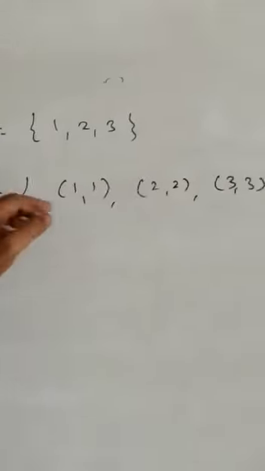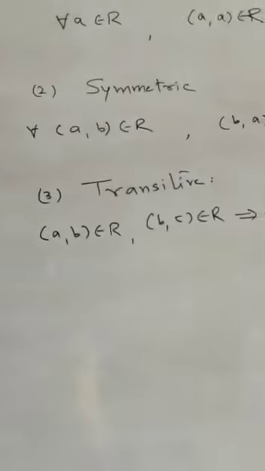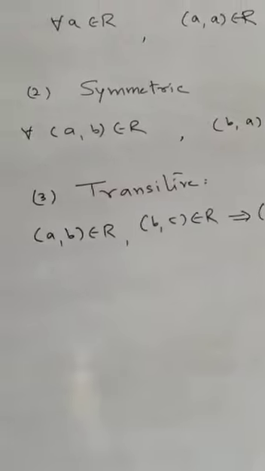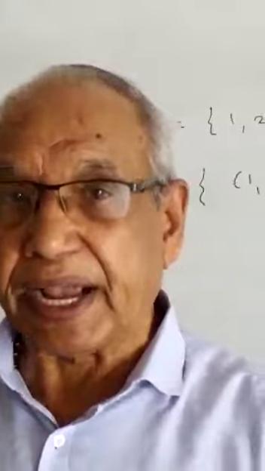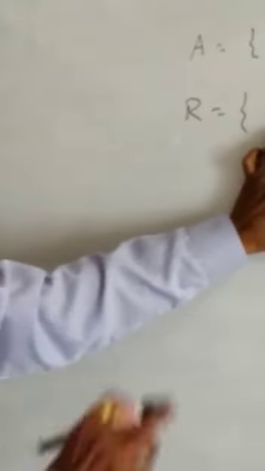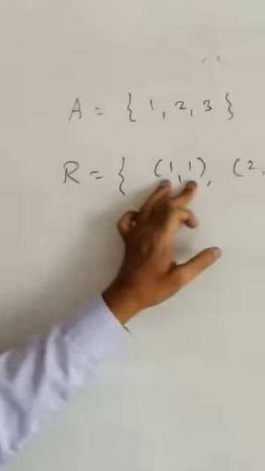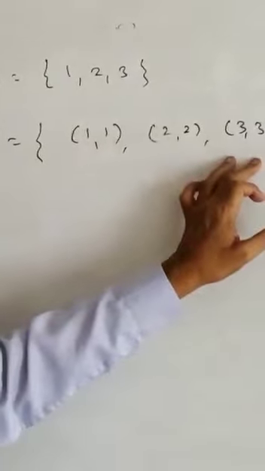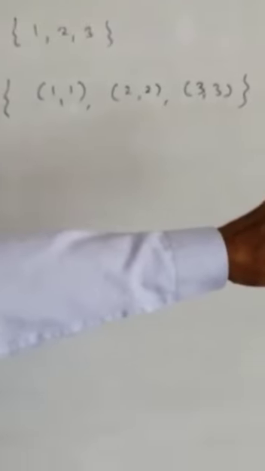Now, if we check whether the relation is symmetric or not, what we have to check is that for every ordered pair (a, b), we interchange the elements, and if that ordered pair is again in the relation R, the relation is symmetric. For the pair (1, 1), when we interchange 1 and 1, we again get the same ordered pair, for all three. Therefore, this relation is symmetric. Here R is reflexive, symmetric, and transitive, so the relation R is an equivalence relation.